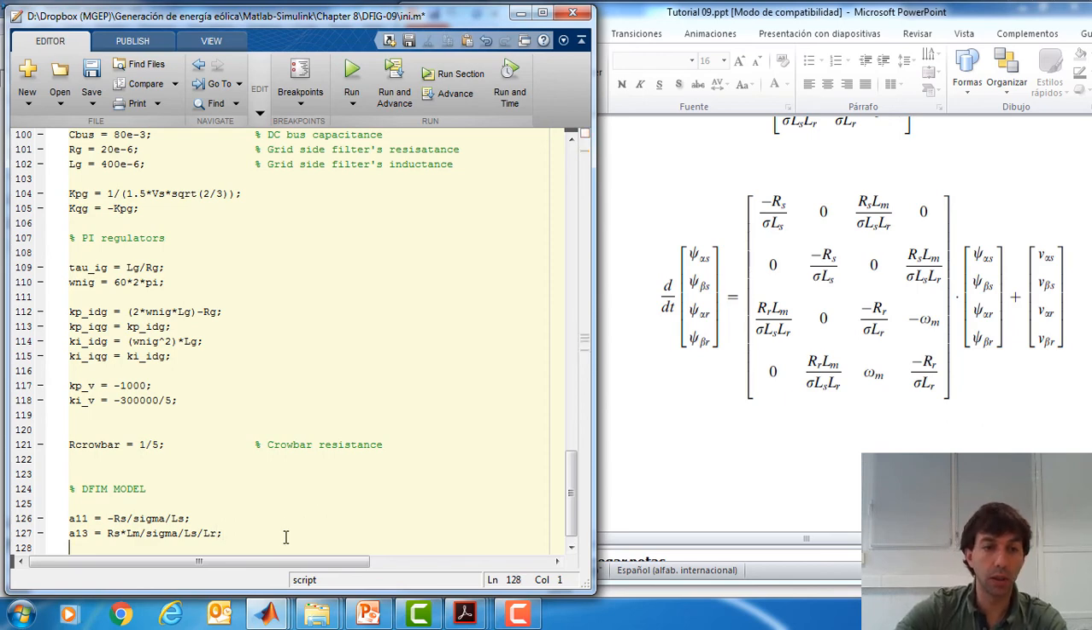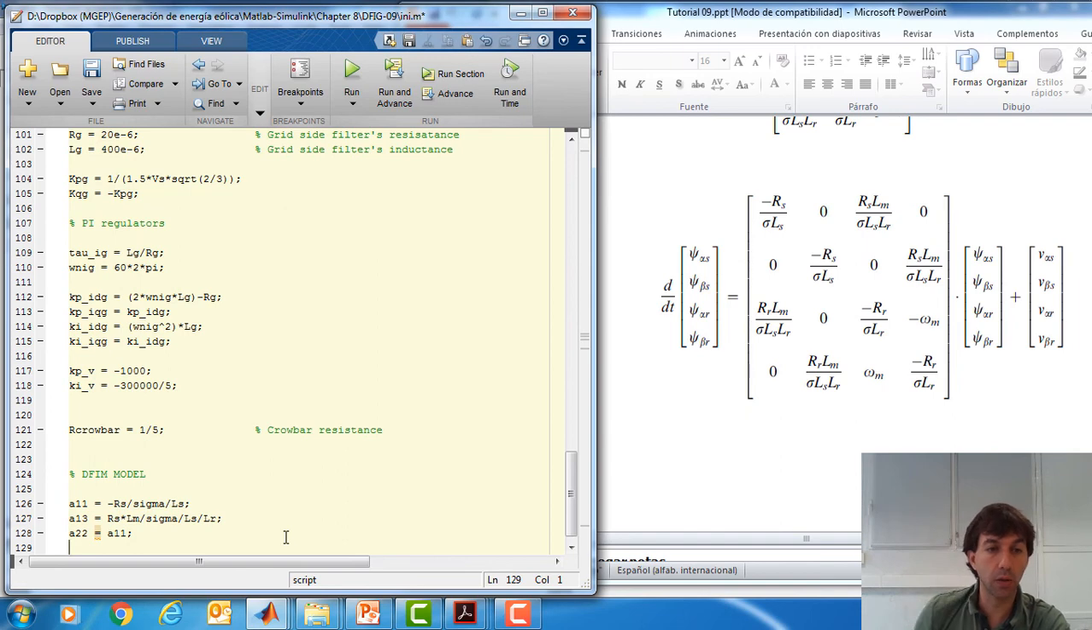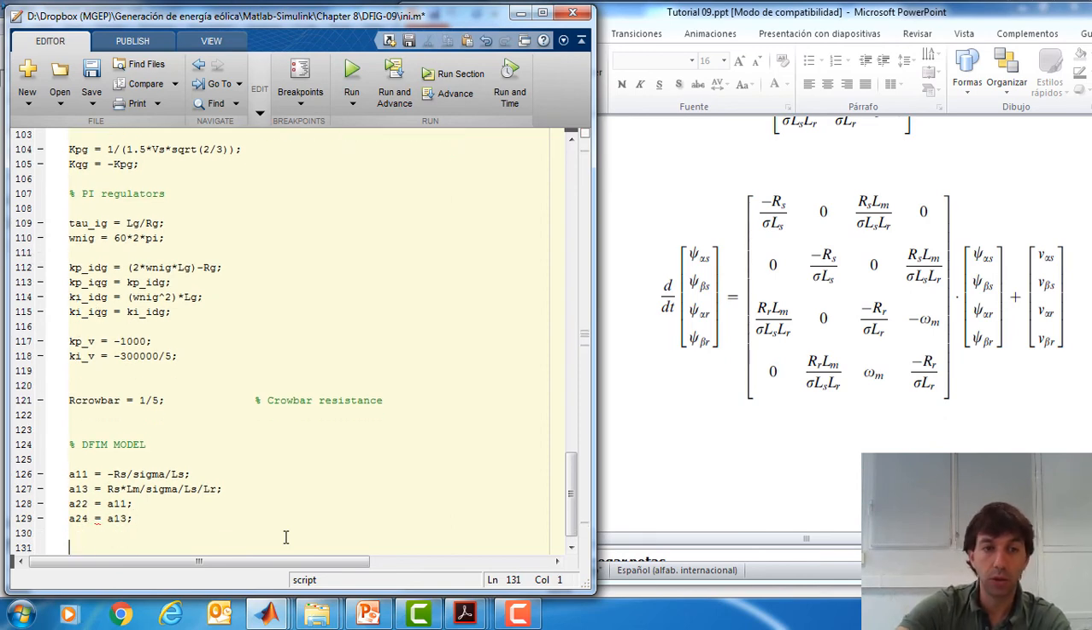Okay, A22 is going to be equal to A11. Sorry, A24 is going to be equal to A13. Okay, that was for the stator flux, and